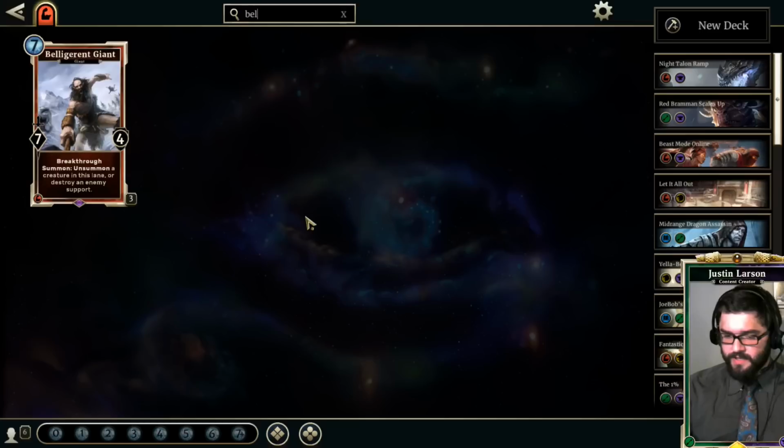There was a time in the formative days of open beta where Belligerent Giant was not played at all. It saw kind of an explosion in play not long after Histgrove was first released, and stuck around even as those decks waned in popularity for a while. It's just an incredibly powerful card, and I think this is definitely the time to change it